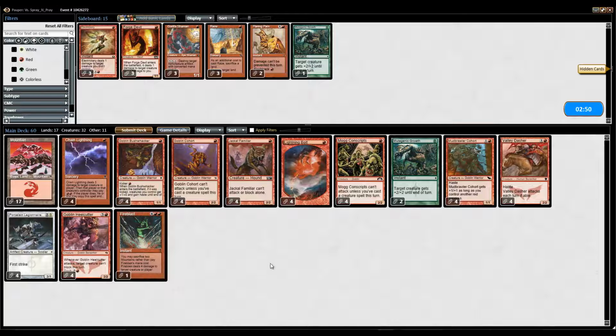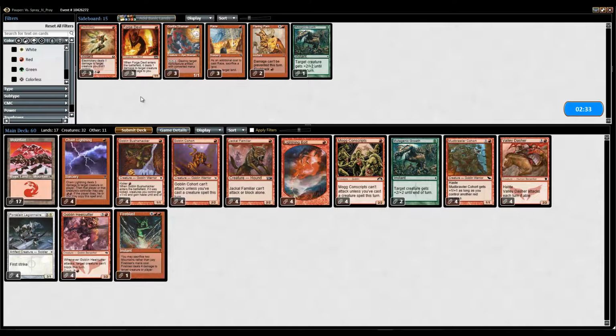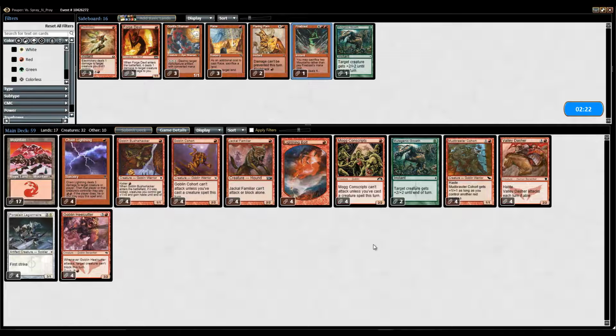Now, as far as how to sideboard with this matchup, I'm not too sure because they can have multiple types of things. So, Forge Devil is not terrible against this matchup. I think it's not as good as Chain Lightning, though. Electrickery is okay. It's not the best. Now, Gorilla Shaman is something I do like because it can screw up their mana and all that. Fire Blast is not great. The reason why is